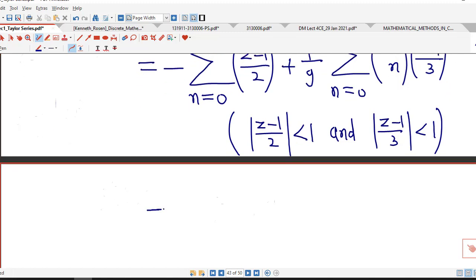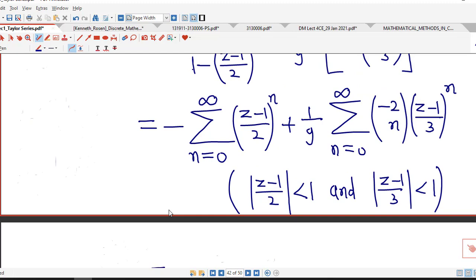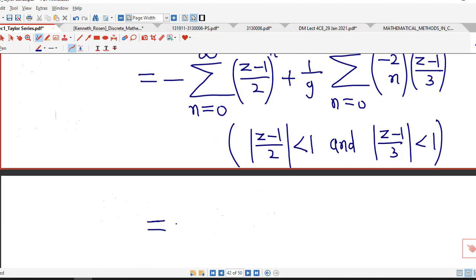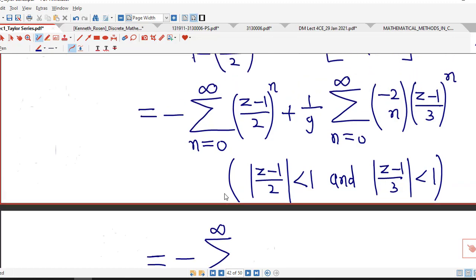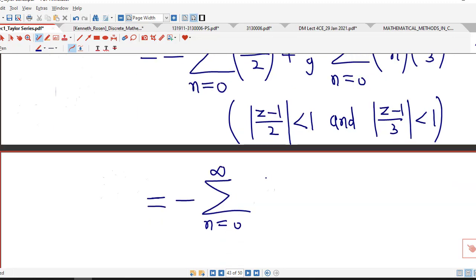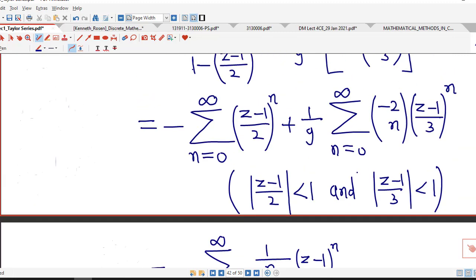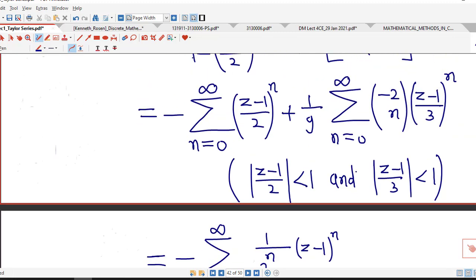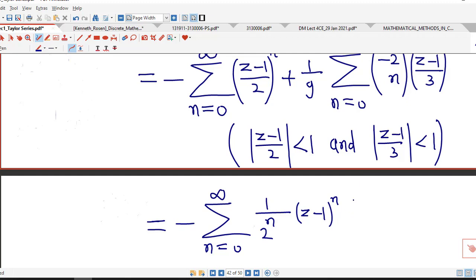And we can rewrite these two series as sigma n equal to 0 to infinity (z minus 1) raised to n divided by 2 raised to n. So here I write it in this way, 1 upon 2 raised to n times (z minus 1) raised to n, and for the second series we can rewrite as